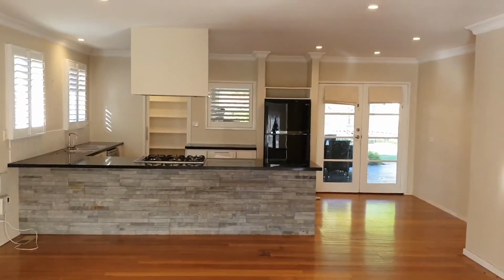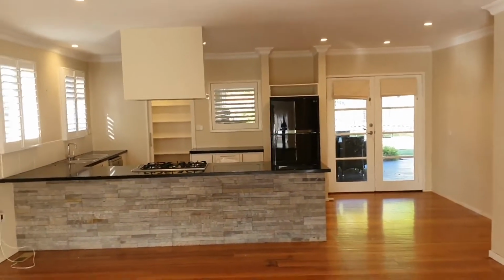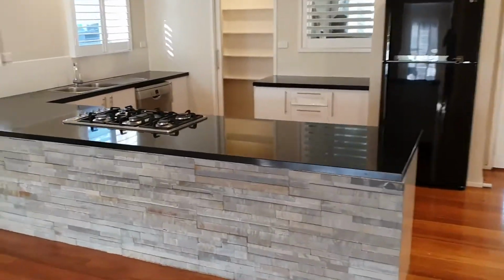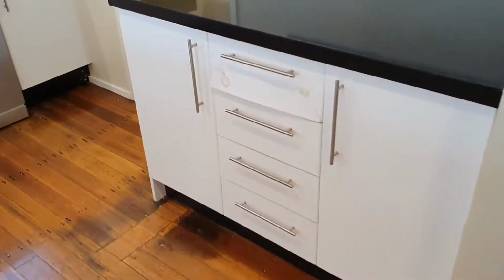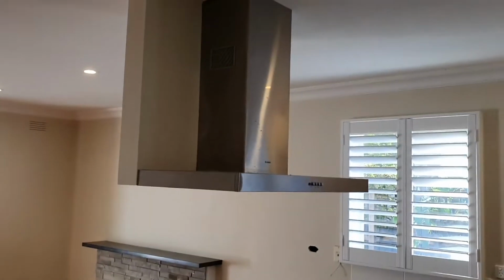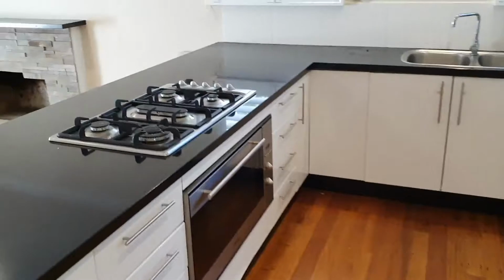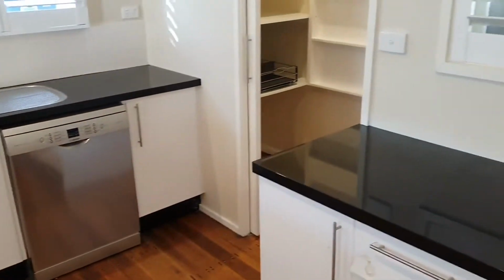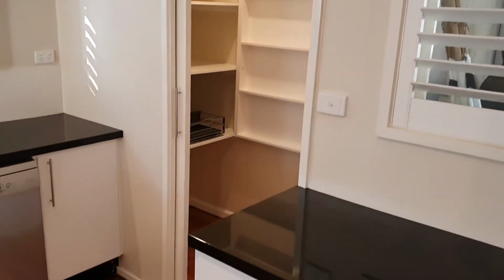So first of all, let's look at this kitchen. It doesn't look too bad on the surface. I mean, it looks quite nice, but when you come around, you'll start to see that all the laminate on the drawers are all pulling off. Even down underneath the oven, it looks good, but it's just dated, and several things aren't working. The hot plate's old, and most importantly, there's a pantry, but it's just way too small for a family of